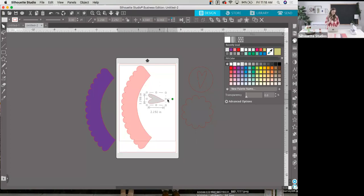So I just went ahead and rotated this 90 degrees, and then I'm going to shrink this down just so it fits nicely in my cupcake wrapper. You can make it as big or as small as you want. I think this part is totally up to your artistic, creative ability. I'm just holding down Alt once again to duplicate it, and I'm just going to do as many hearts as I want. One thing I do want to mention, don't put any hearts on this section or this section because you're going to be folding them over anyway